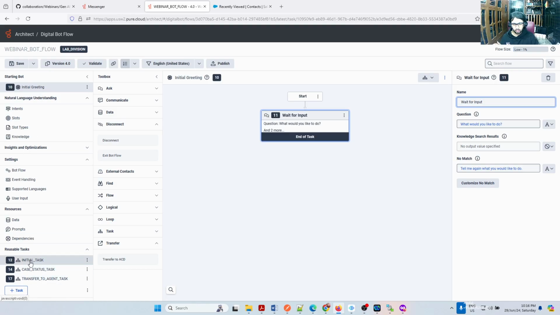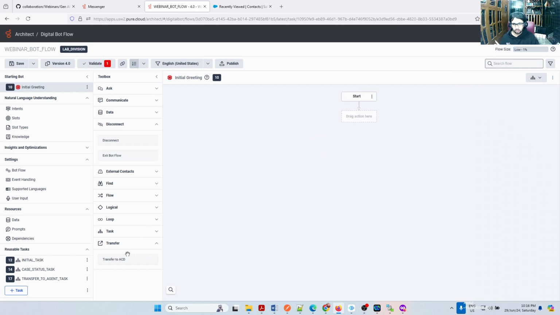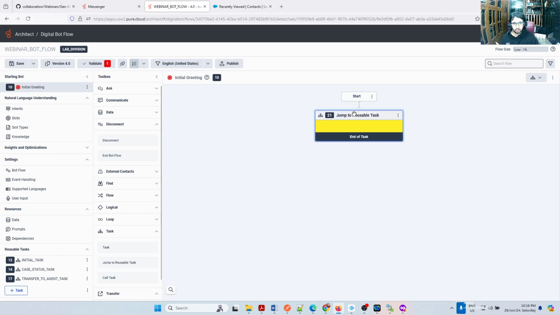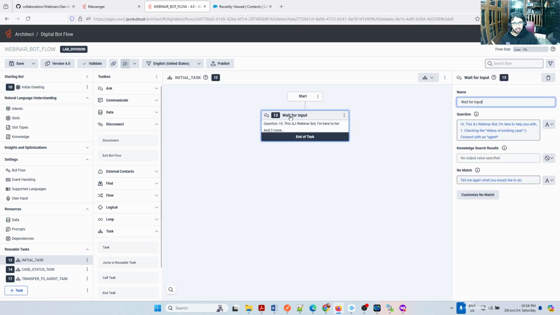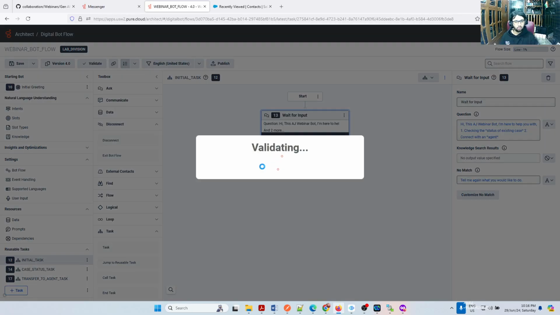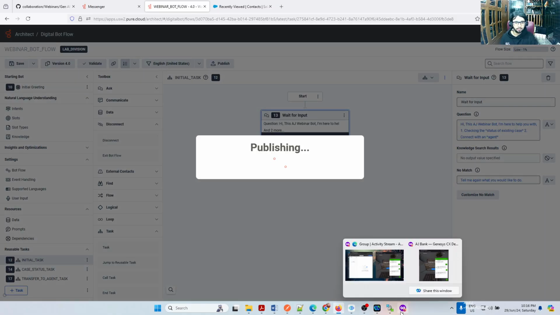I need control here. I'm going to transfer, jump to a reusable task. And which task do I need to transfer to? The initial task. So it comes here, then instantly goes to the initial task, where I am waiting for the user input. I'm sorry about that mistake, guys. So let us publish this. Now the bot is going to react in the proper way.